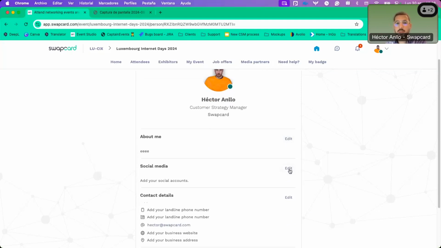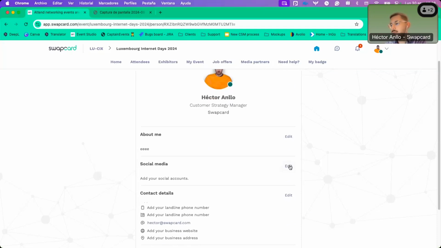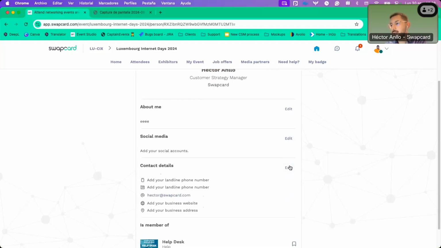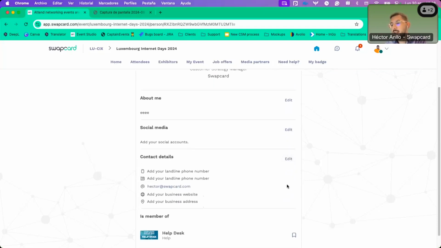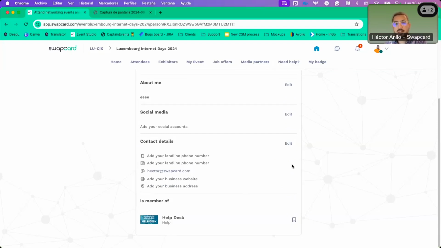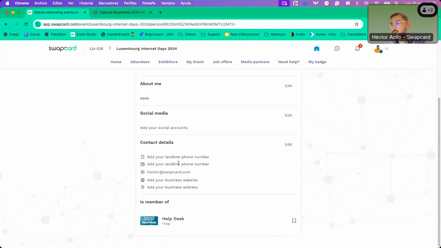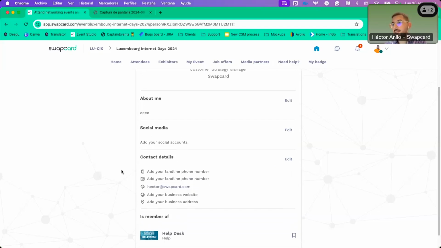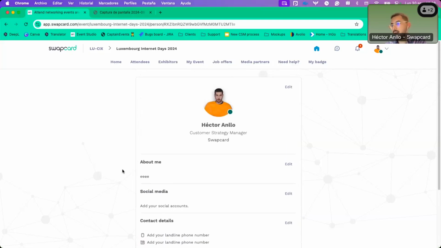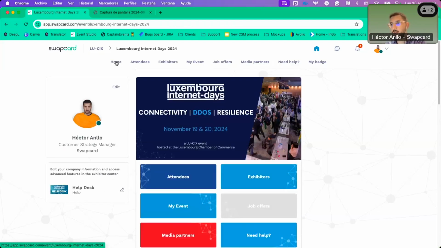Then you can also modify some parts of your profile, like for example, your biography. You can add your social media links. This is pretty useful if you generate contacts during the event, and you can add more contact details. This contact information will not be visible for everyone on the platform, so nobody will see your email unless they are a connection. And to connect with someone, it's something that you should approve first, but I will show you how to do that in a minute. Please make sure that you update your profile when you log into the app to make it more engaging,